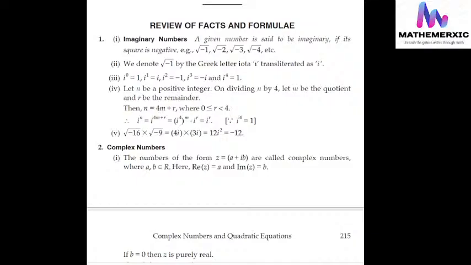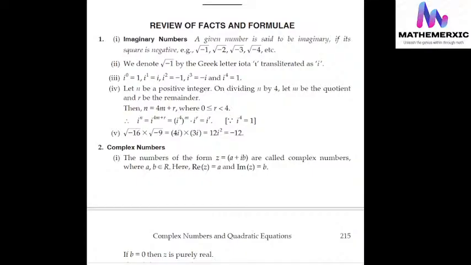A given number is said to be imaginary if its square is negative. So root of -1, root of -2, root of -3, root of -4, etc. We denote the square root of -1 by the Greek letter iota, transliterated as i. i to the power of 0 is 1, i to the power of 1 is i, i square is -1,